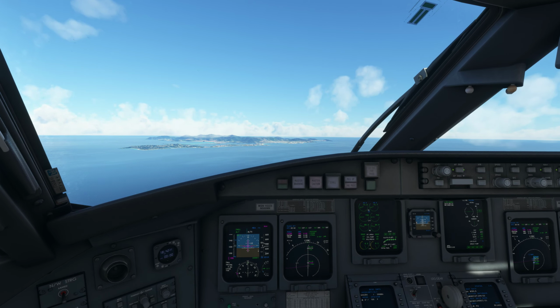Juliana, traffic, American 264, 5 mile final, runway 10, Juliana. Alright, now before Maypon, I'm going to have to pull that autopilot off, otherwise